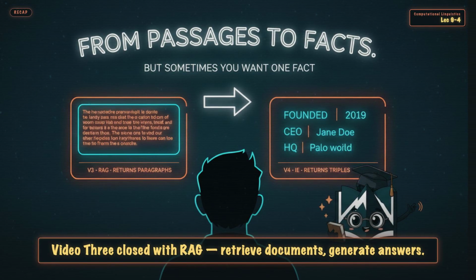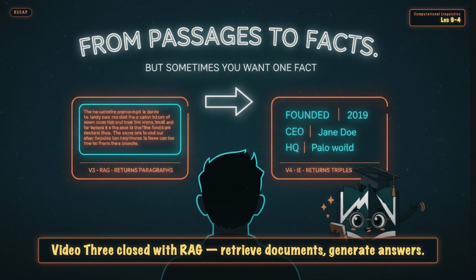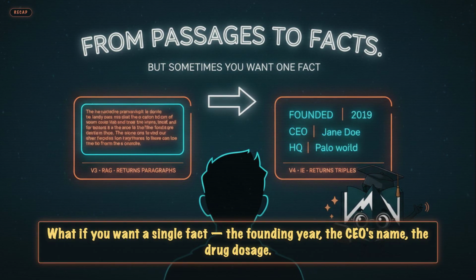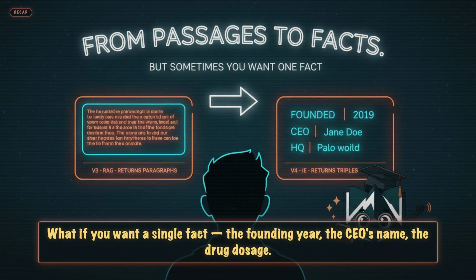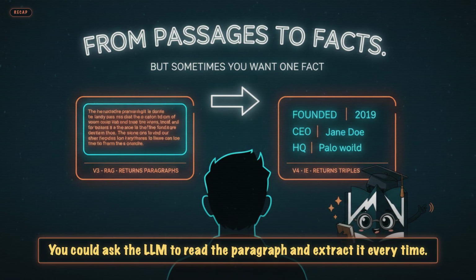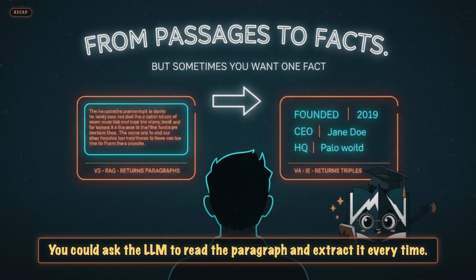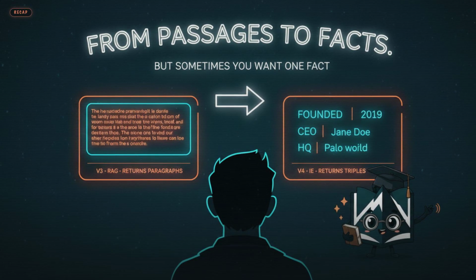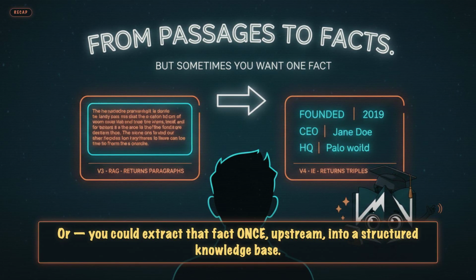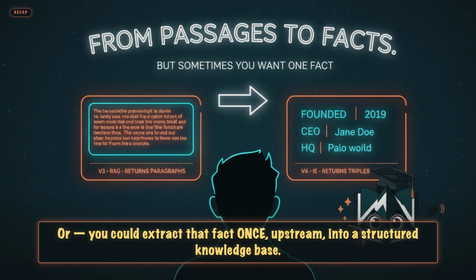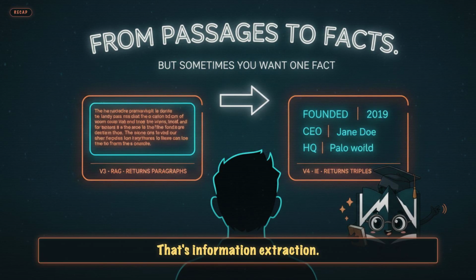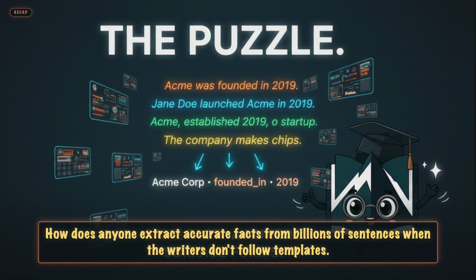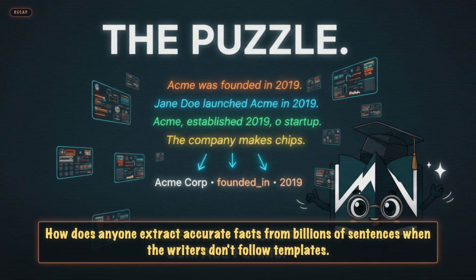Video 3 closed with RAG: retrieve documents, generate answers. But retrieval returns paragraphs. What if you want a single fact? The founding year, the CEO's name, the drug dosage. You could ask the LLM to read the paragraph and extract it every time. Slow, expensive. Or you could extract that fact once, upstream, into a structured knowledge base. That's information extraction. Today's puzzle: how does anyone extract accurate facts from billions of sentences when the writers don't follow